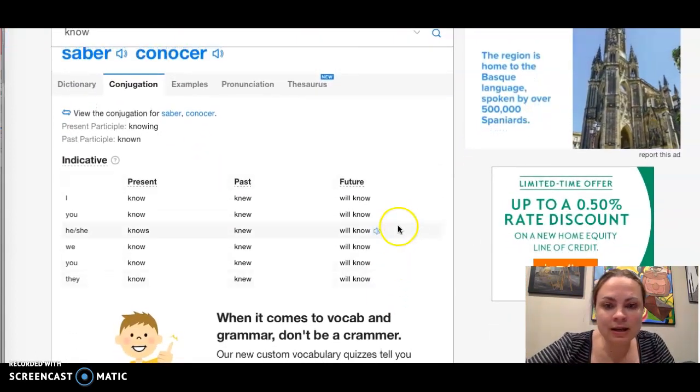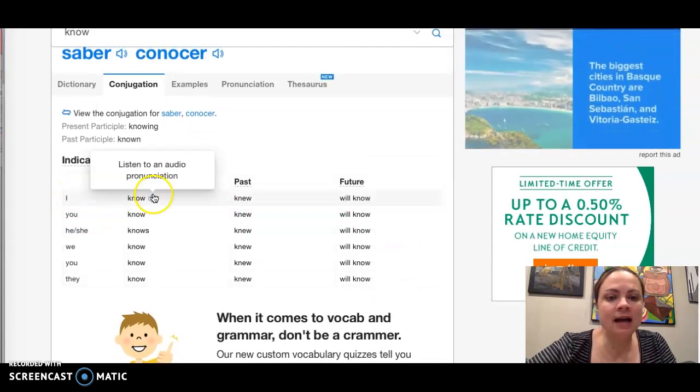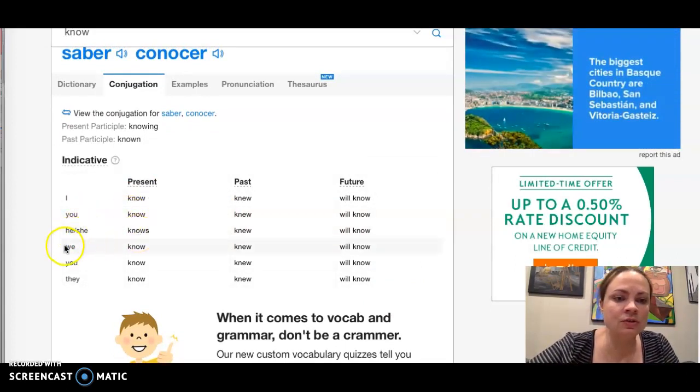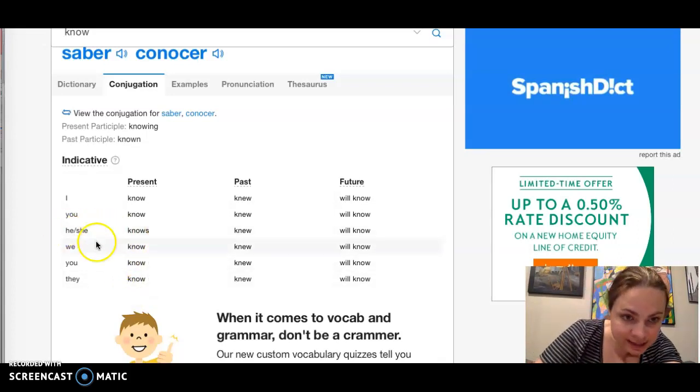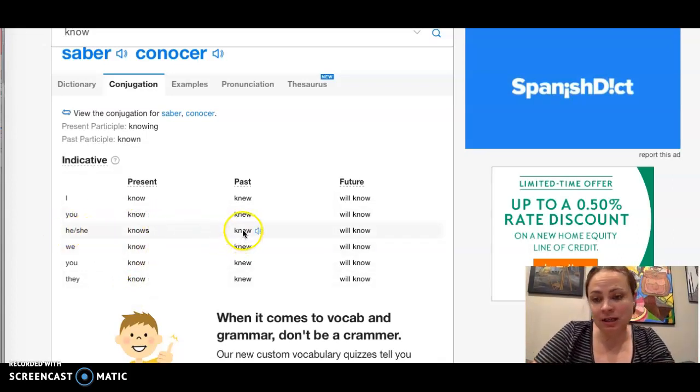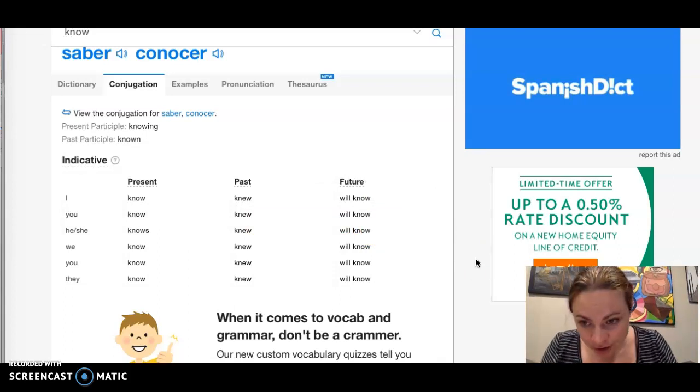So what you can look at here is that the present tense is I know, you know, he, she knows, we know, you know, and they know. In the sample, what you needed to do was "she knows," and you can see that here. What would it be if she needed it in the past? She knew. The future will know. So basically, if you don't know the answer to any of the questions, you can always look it up. That's always a good strategy. It's not cheating. If I mark on your paper that you have a subject-verb error, look it up. Look up the conjugation of and then the word, and you can see what that agreement is.